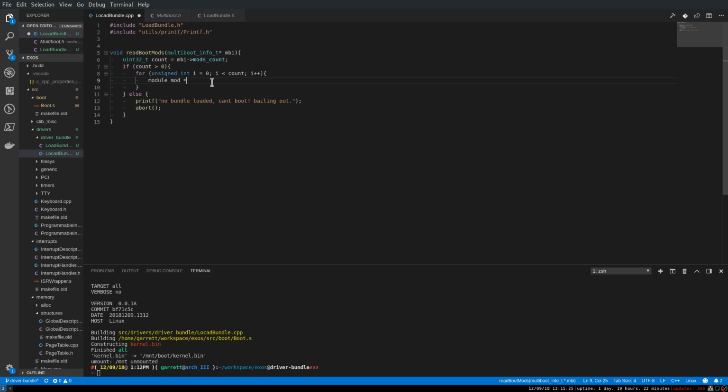So that's actually mod, module pointer. Mod equals MBI mod address, and actually we don't want to do that yet. Then we want to do this, do that, and say